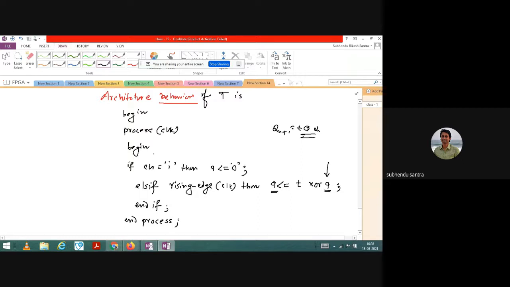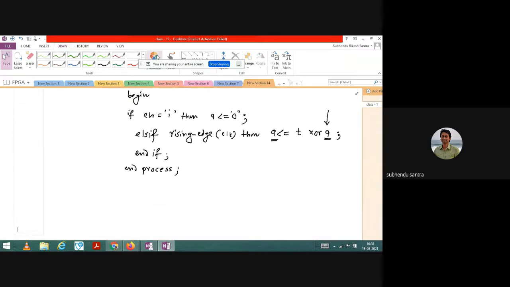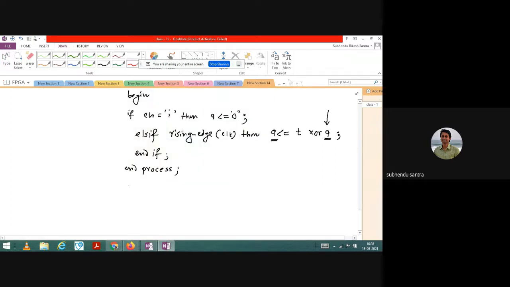Then can anyone tell me what else I have to write after ending the process? Qn, right. So Qn, don't forget that. Qn should be equal to not of Q, and then end behavioral.